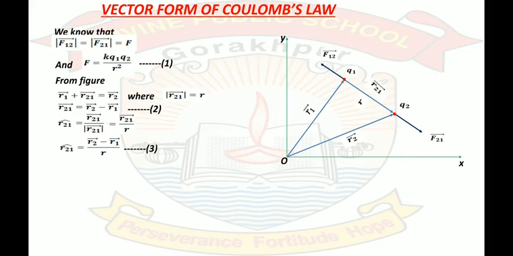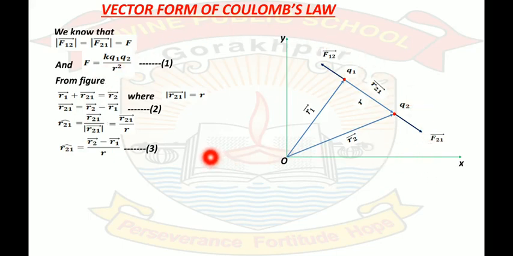Now this direction of r21 unit vector will be in the direction of r21 vector only, meaning from q1 to q2. So we have a vector whose magnitude is 1. It is actually a unit vector, and it is in the direction of f21 because its direction is from 1 to 2. It is the same direction in which f21 is working. So what we are going to do, we are going to associate this unit vector in this equation, and we are going to write it for f21.